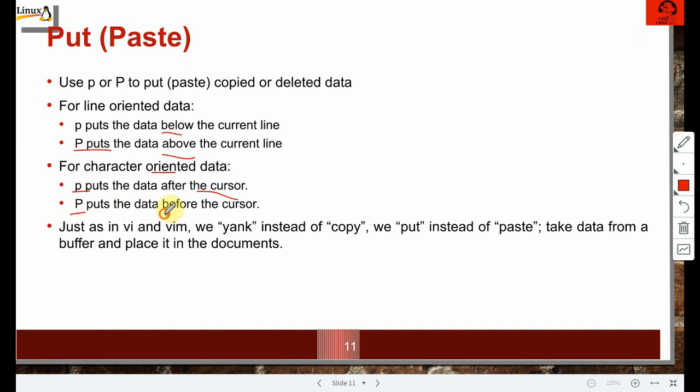Uppercase P means before the cursor. So put command is actually what in Windows we use paste. So yank instead of copy, put instead of paste we use in Windows. So please be careful about it. Put and yank commands.